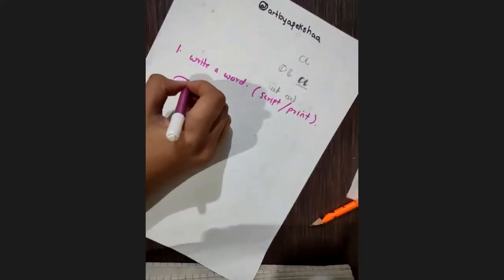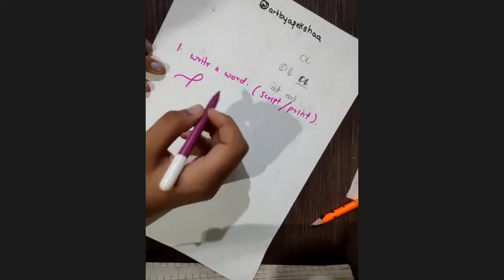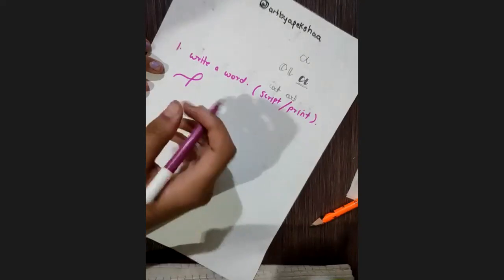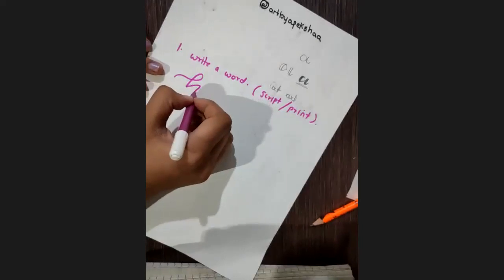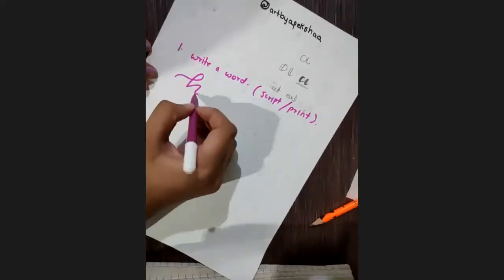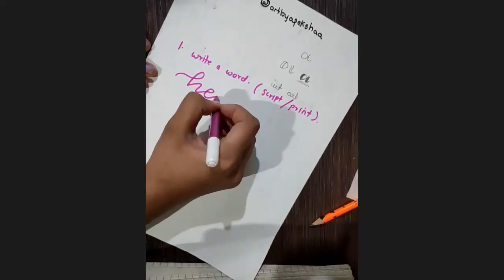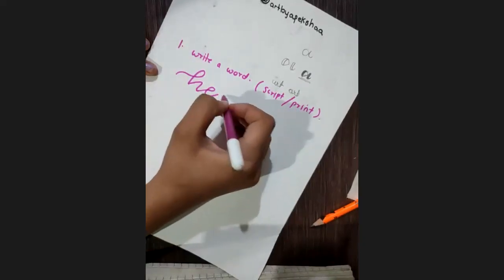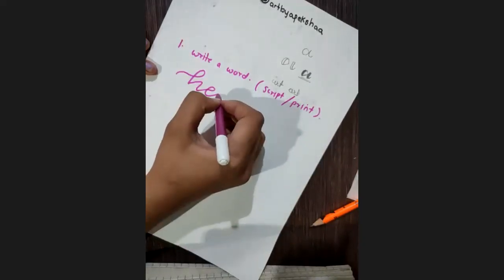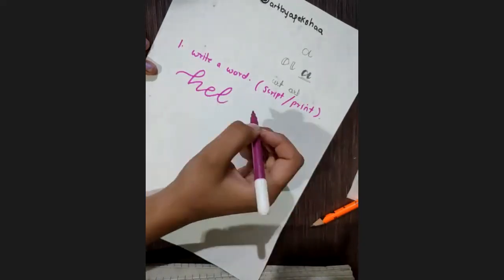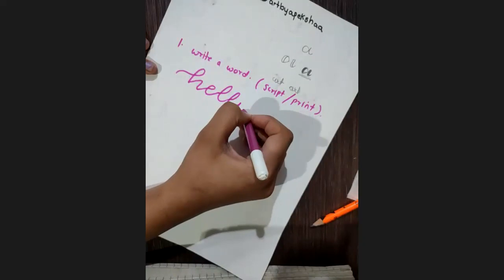This is the entry stroke. I'm going to use the entry stroke for every letter so that I can join and make it one word. So I'm going to write a hello here. H. Again, I'm going to end it here and start it here. And then I'm going to add another letter. Again, the end point I'm going to make the entry point for another alphabet. Double L. Again, the end point and entry point for another letter. And O.